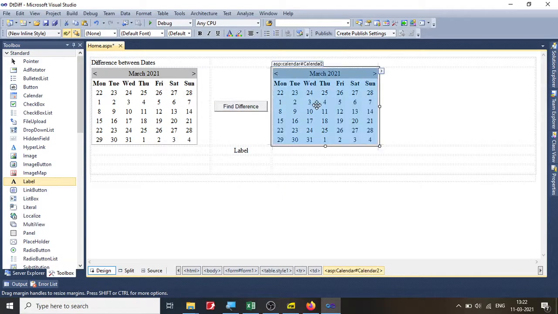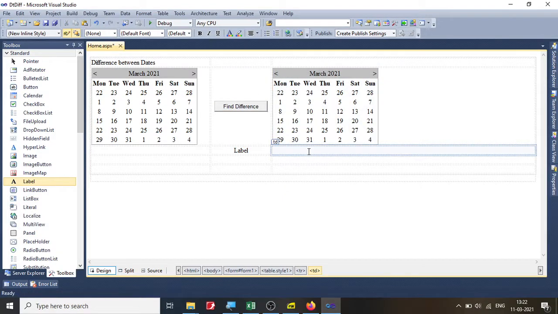You can remove this. I think I can put the text here as from date and to date. So from date, the beginning date, or maybe